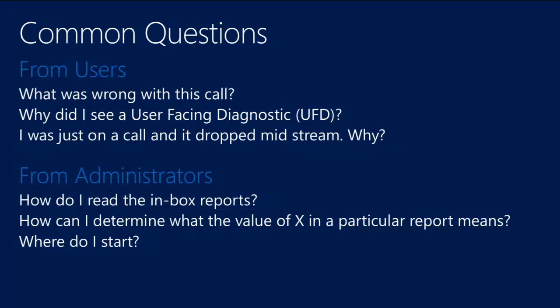No? Yes? Okay, so when you're in a Lync call, at the bottom of the call session, if the Lync client detects some underlying network condition or something that's going on with your client, maybe low CPU, low memory, something like that, it's going to pop up what we call a user-facing diagnostic. It's a little yellow box that tries to give you, as the user making the call, some indication as to what's going on. So there's one that we introduced in Lync 2013 saying someone in the room, you have multiple